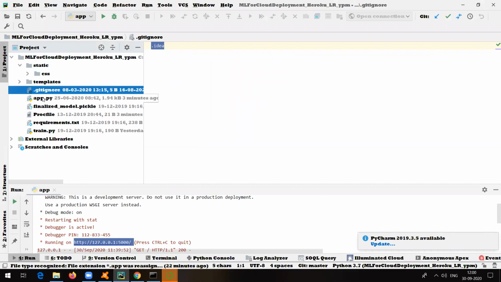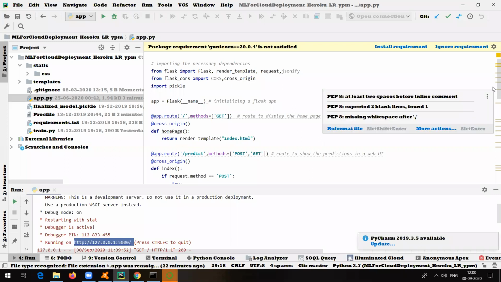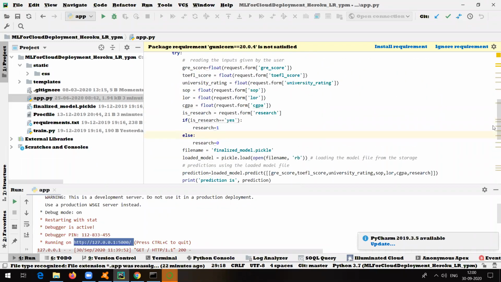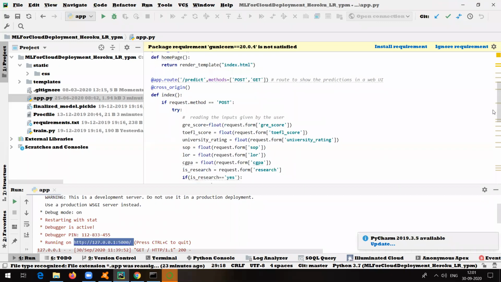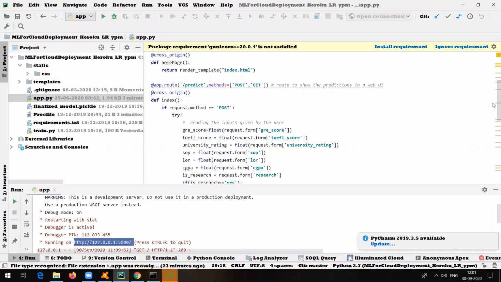Again, it's a standard name, and this app.py is our main file. Now let me go through this particular code fast. Okay, what is it doing? See, in our case, our project is having two routes. You can check, the first route is this one. This is the route which is going to give you the first page where you are going to enter the values. Another route is where you will see the result, which is called /predict. This is the other route. So our project is actually divided into two routes, the starting one and the prediction one.